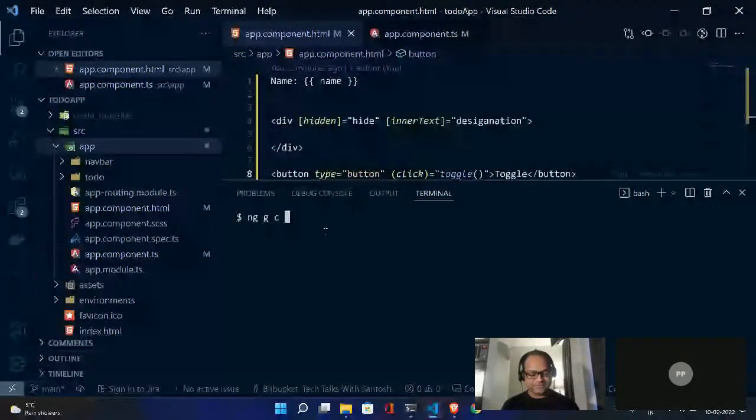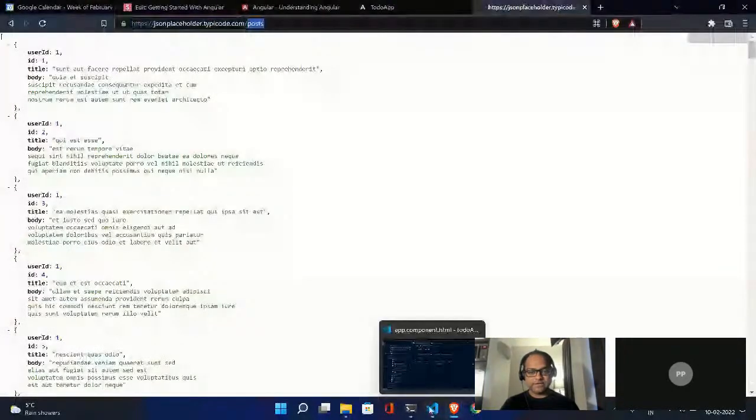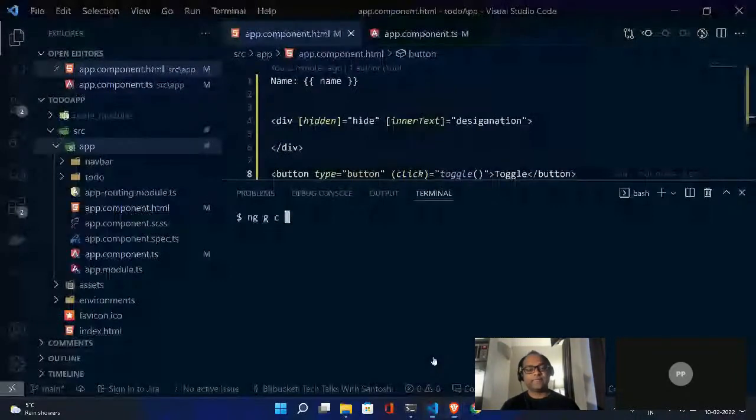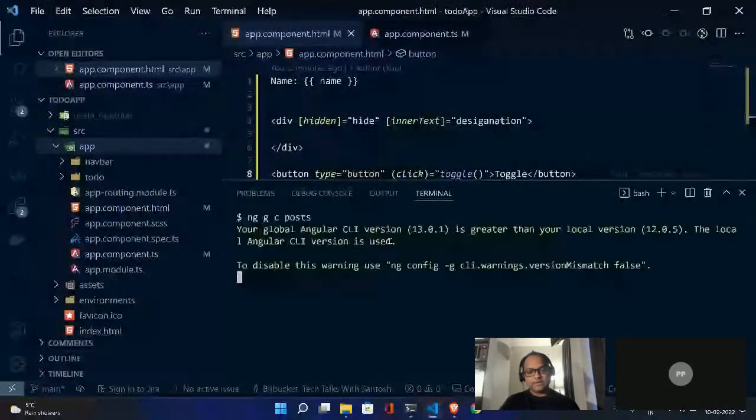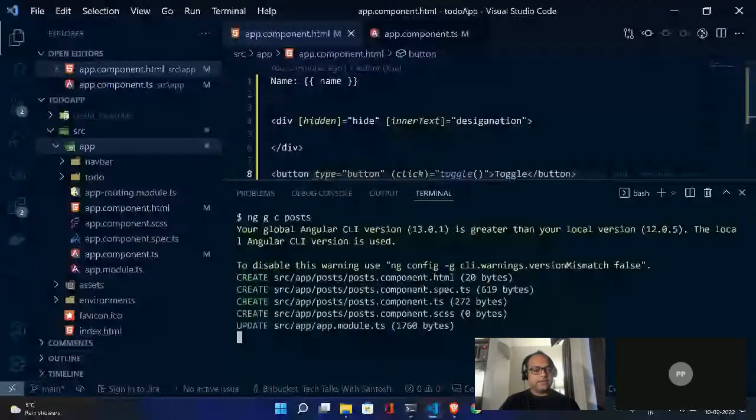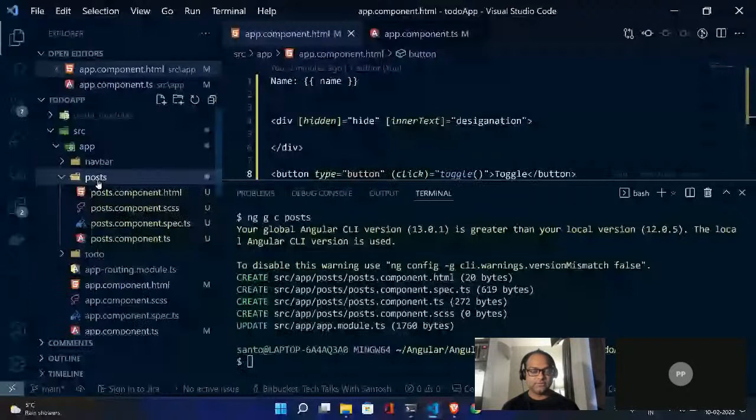Jokes apart, let's go ahead and create a component called posts. This is the component name we will create. So we'll say this is posts component. And Angular creates a separate folder for it.